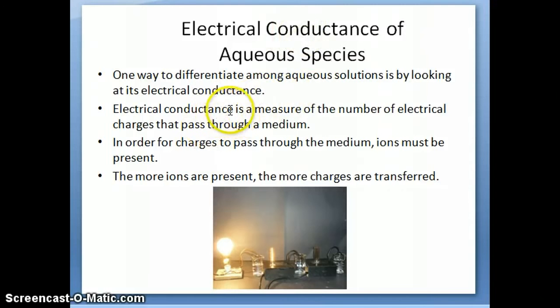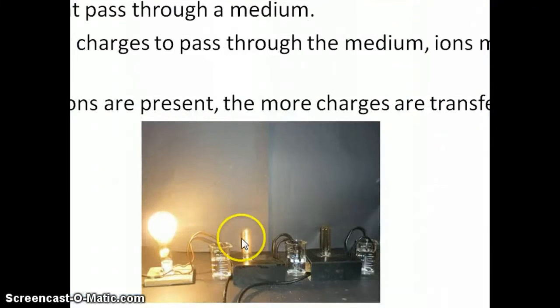So what is electrical conductance? It's just a measure of the number of electrical charges that pass through a medium, such as your aqueous solution in this case. So here's a little picture here, maybe a little hard to see, but I'm going to blow it up a little bit more. There's really three different setups here. It might be a little harder to see because this one is so bright, but basically if you notice carefully